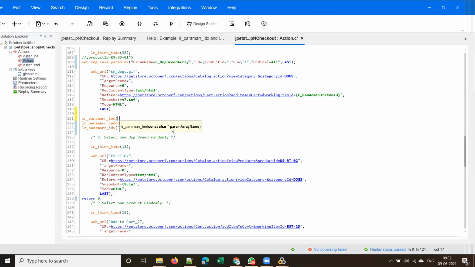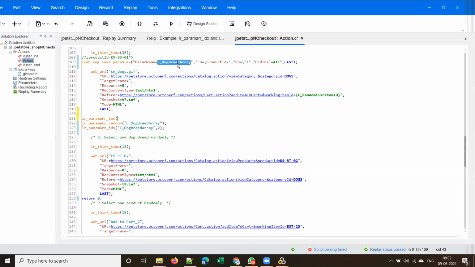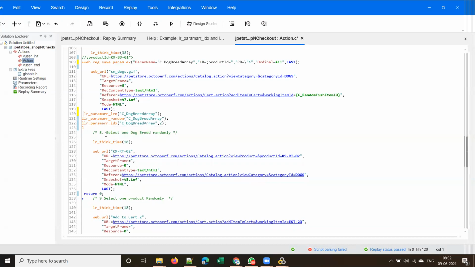See here, we have to pass the parameter array name. So what is the parameter array name? This dog breed one. So what would be the output of this lr_paramarr_len function?